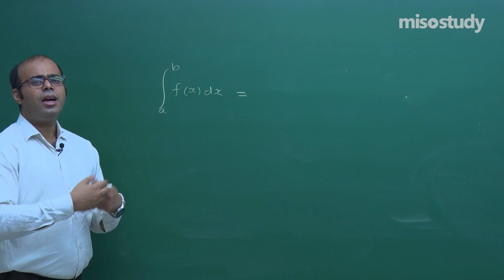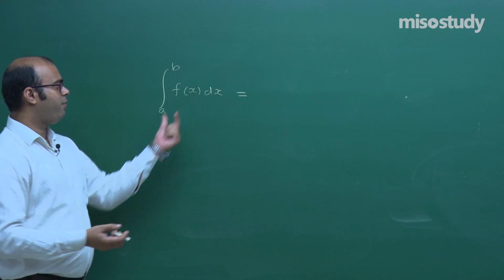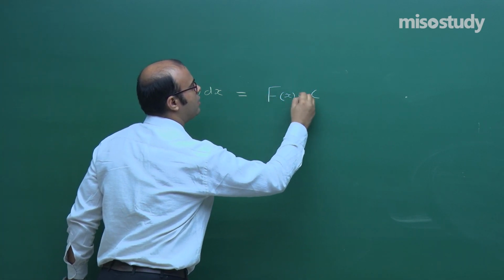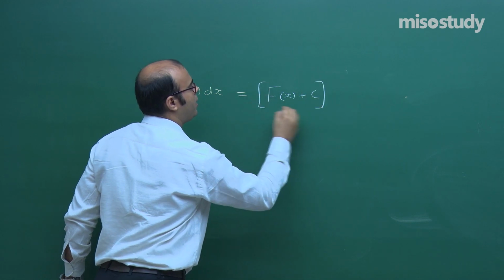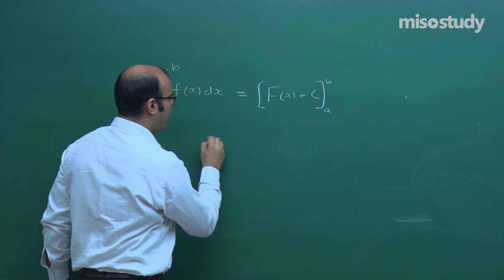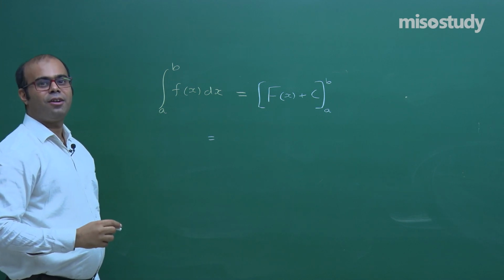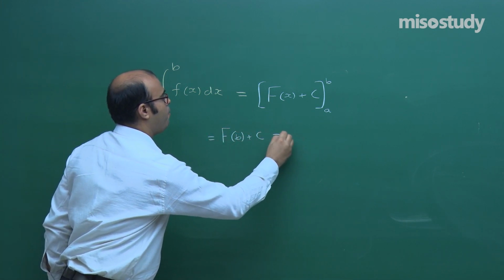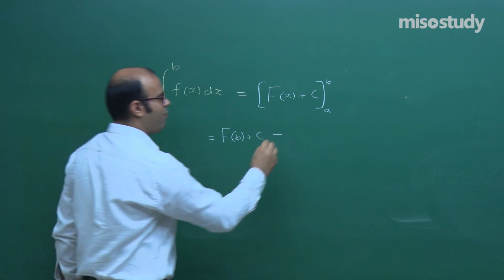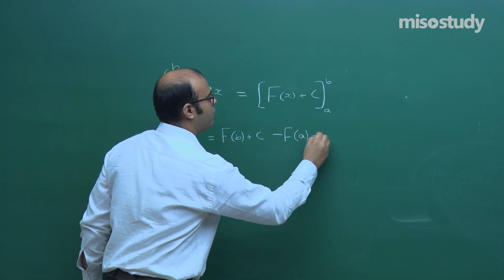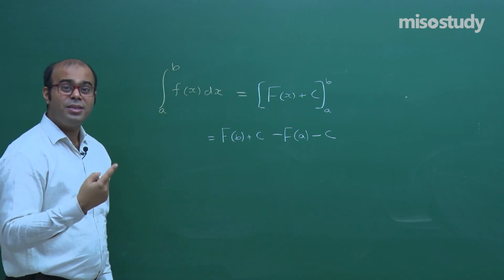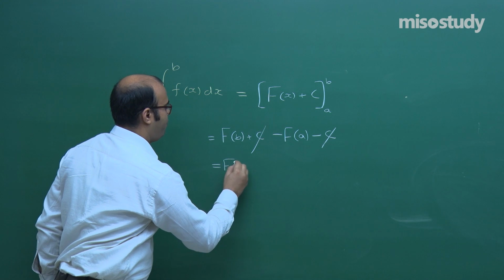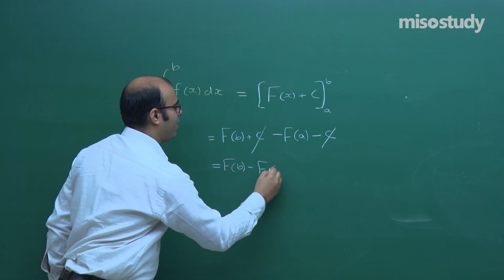Because even if we take a constant of integration, let us suppose fx is integrated to give Fx plus c, and then we put the limits a and b, what will happen? After putting b as the upper limit of x, we will find Fb plus c, minus the lower limit, which will be Fa, and this will be minus c. The lower limit has to be subtracted. So with this c will eventually cancel, and you will get Fb minus Fa.